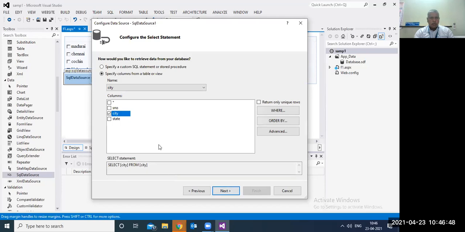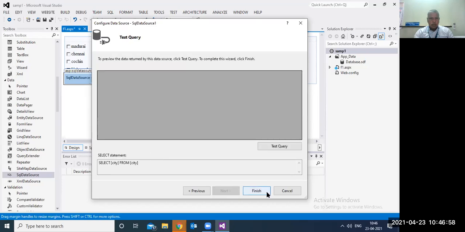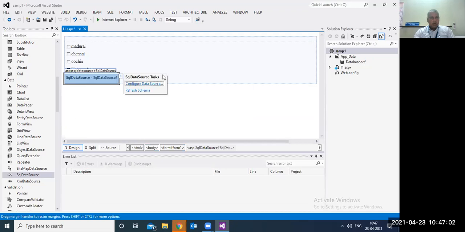Okay. The columns I want to take, serial number I can take. State I can take. Okay. Now my SQL data source is ready. Okay.